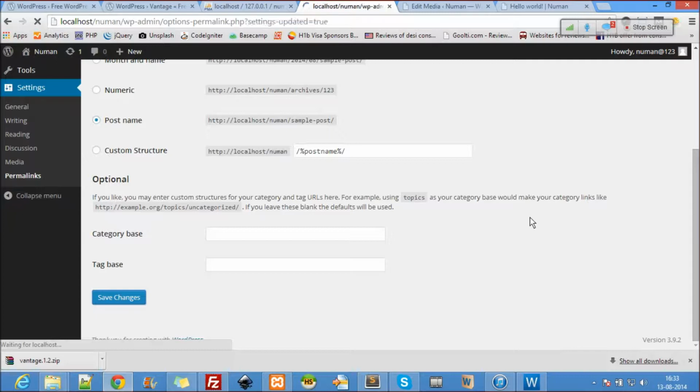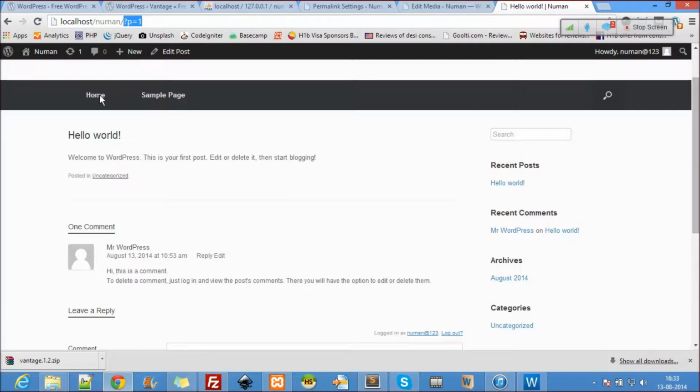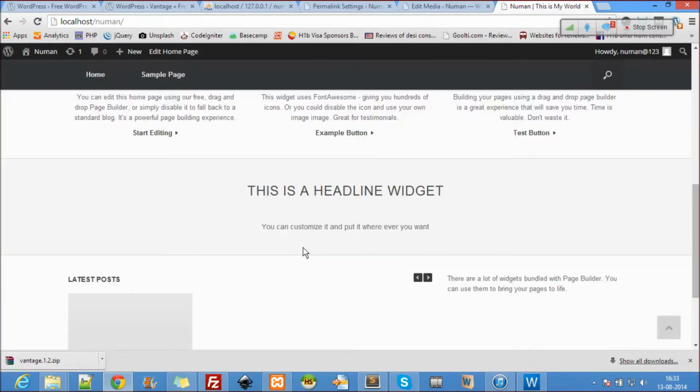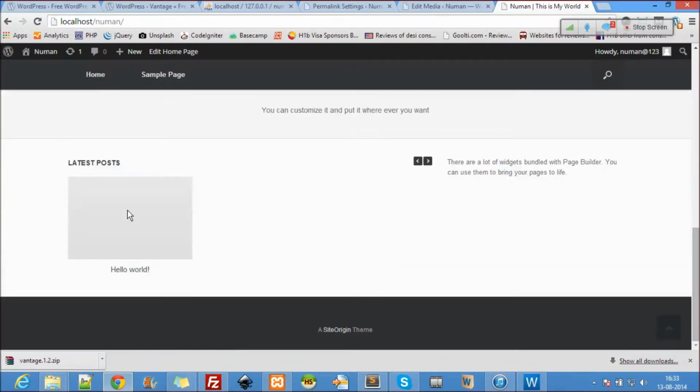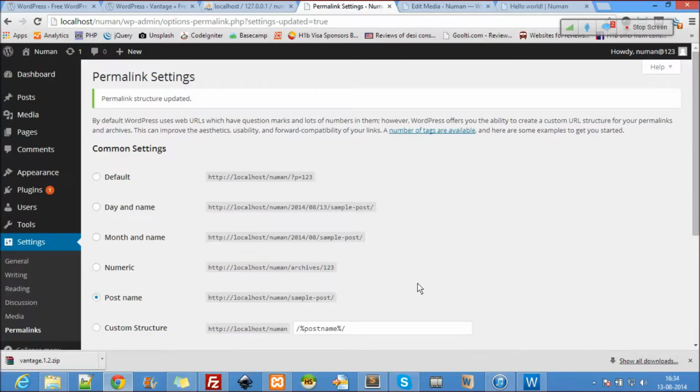Now it's better. Now let's go back here and click on home. Now you can see it's been changed. It's not p equal to 1 anymore. It's a nice name, hello world. So you can change that setting. These are the important steps I'm trying to tell you here. If you follow these important steps tomorrow to build a website, that's it, done. You can really build a website and give it to your clients if you want. Okay, so that's about it.